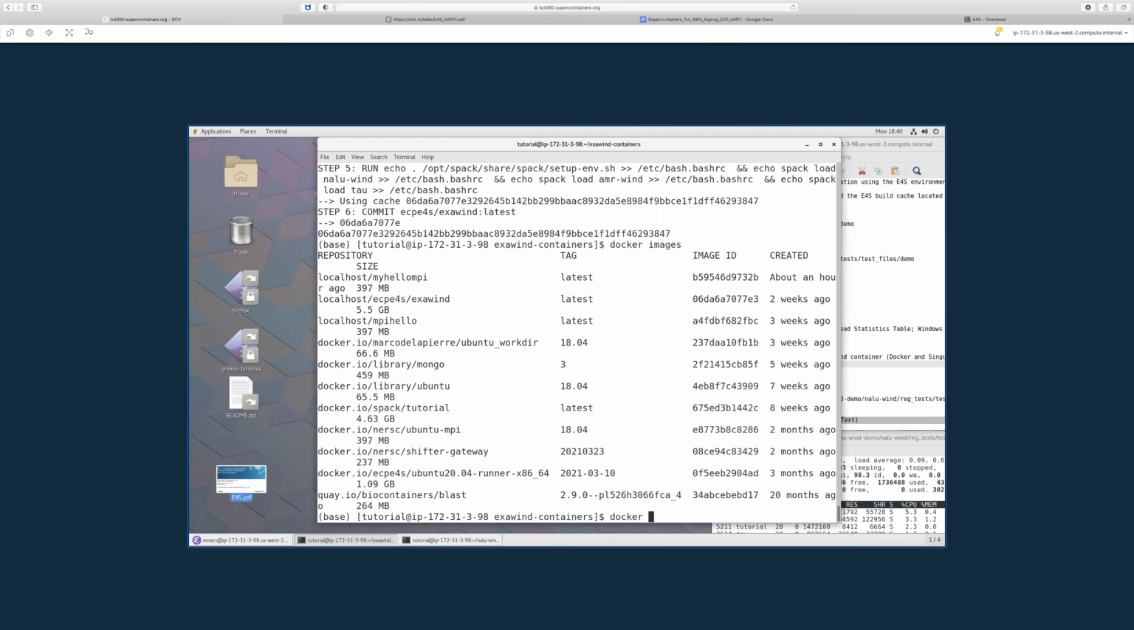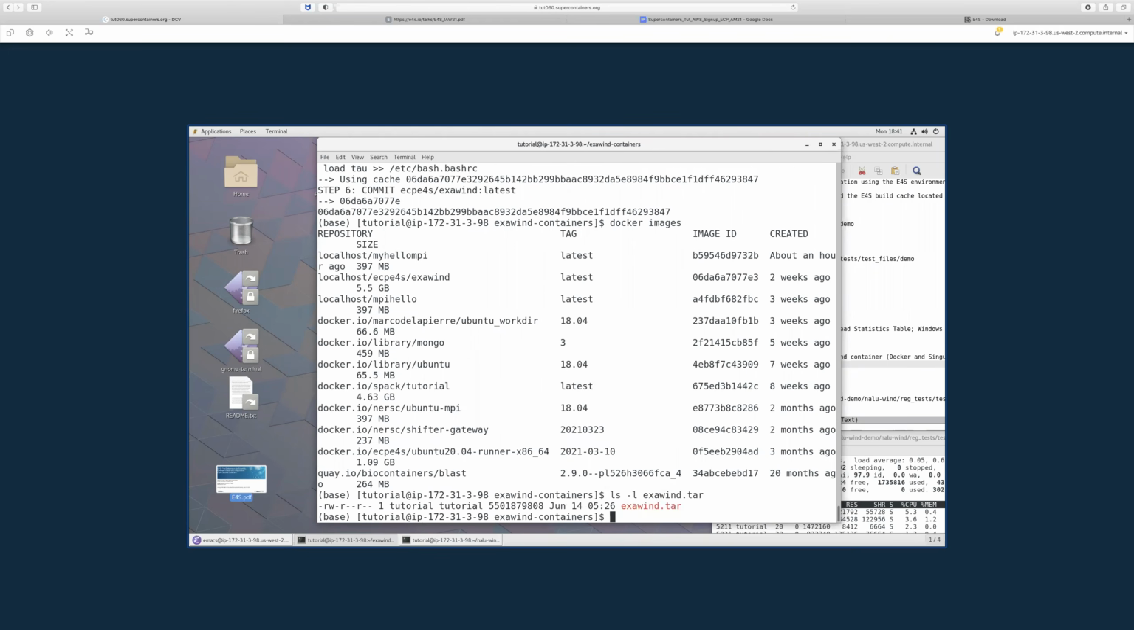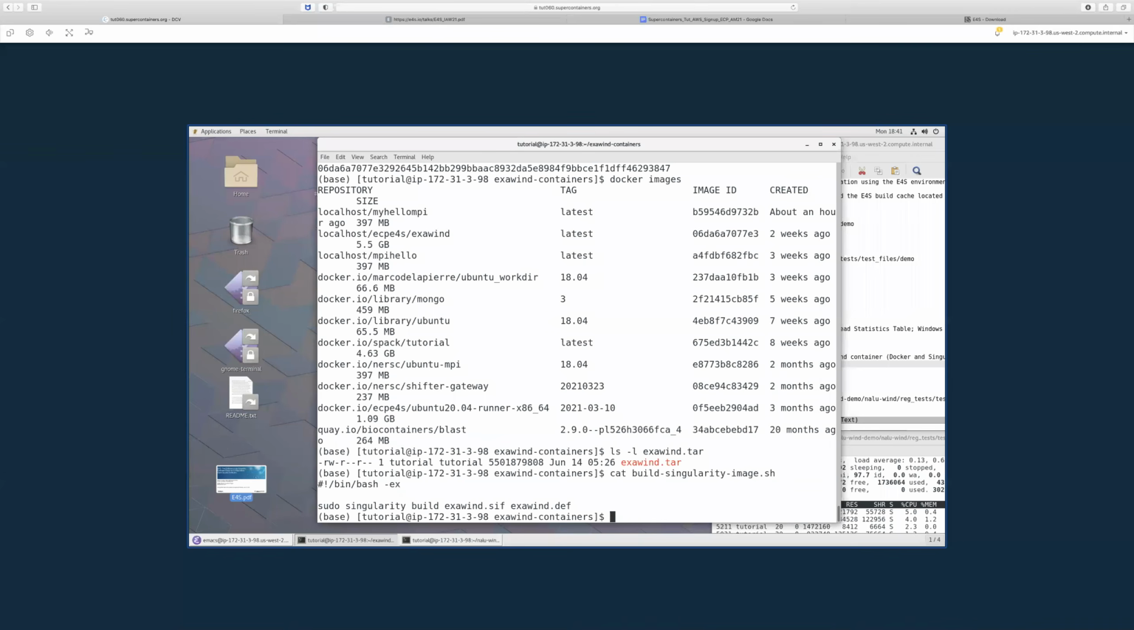I'm going to say Docker. I have used Docker save and then given it an exawind.tar with the localhost ECP E4S exawind.latest. And then I can save this Docker image in a tar file. Just snapshot the whole image. And I have already done this. I have an exawind.tar file. And then finally, I can say build Singularity container image like this using the definition file over here